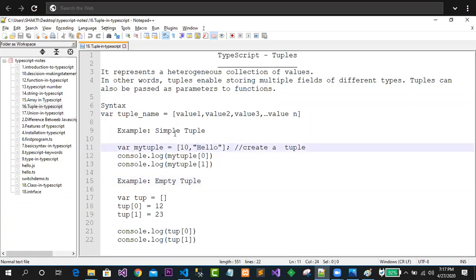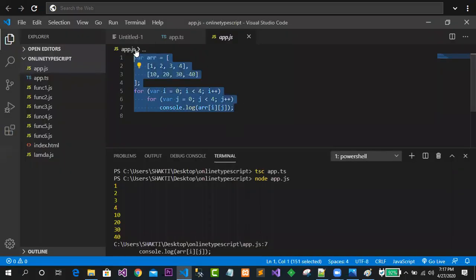In this case, you can see that this is the name of this tuple, and inside this tuple we have 10 and hello. This is an integer value, this is a string value. If I want to print this 10, I will simply use tuple[0], that is 10, and tuple[1], this is hello. Very simple concept. And this is called an empty tuple. To this empty tuple we can also give values like this. Simple concept. Let me describe these things practically.